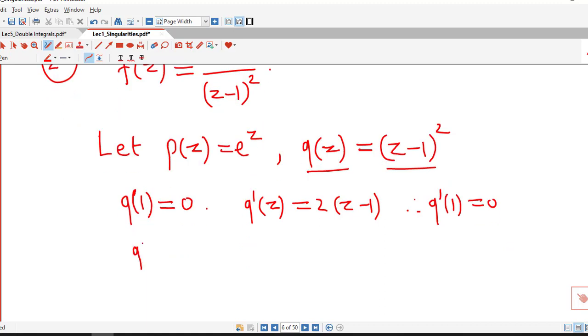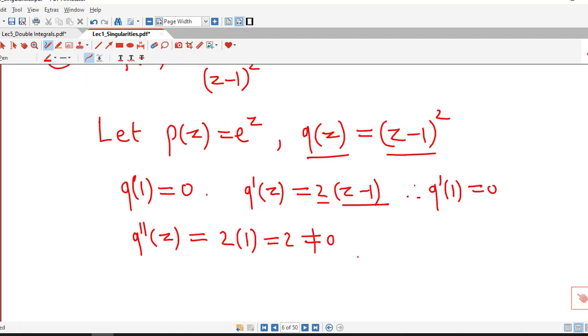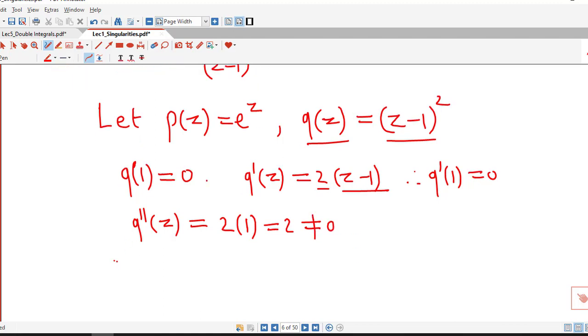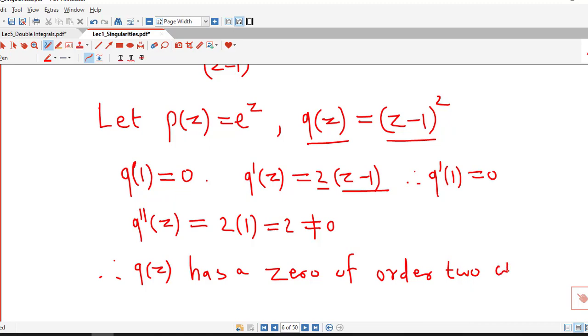And the second derivative is the derivative of this function, 2 into 1 minus 0, so the second derivative is non-zero. So therefore q of z has a 0 of order 2 at z equal to 1,